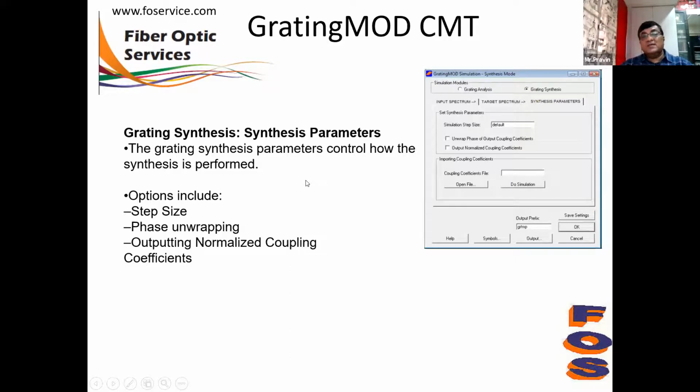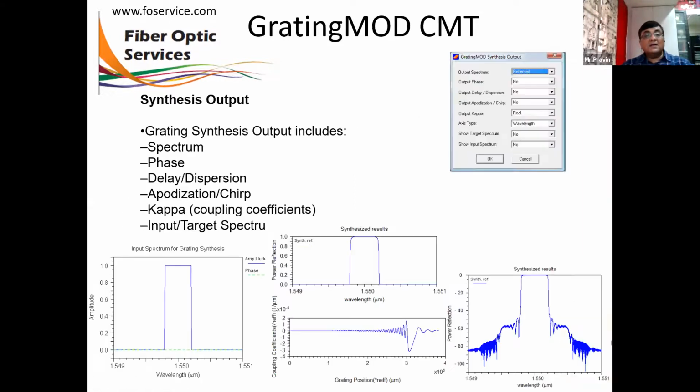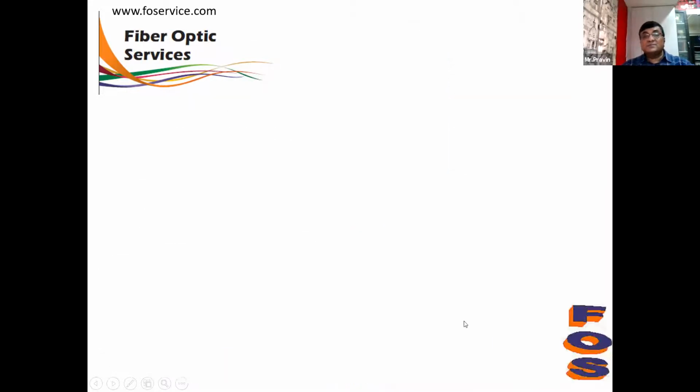You have to input the desired spectrum, and then it will synthesize the grating. If this is the input spectrum you want, then it will synthesize the result, and finally it will output the structure with these synthesized results.